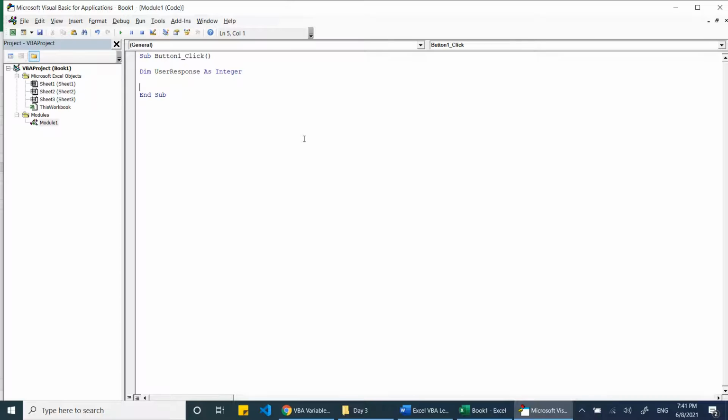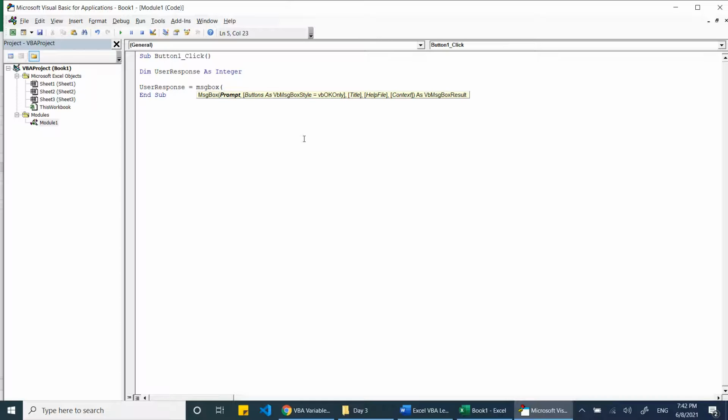We have other definition types like private and public, which we will learn at a later stage. Now user response is equal to, then we will show a message box. So far we have written the message box like this, but from now onwards we will write it within brackets.